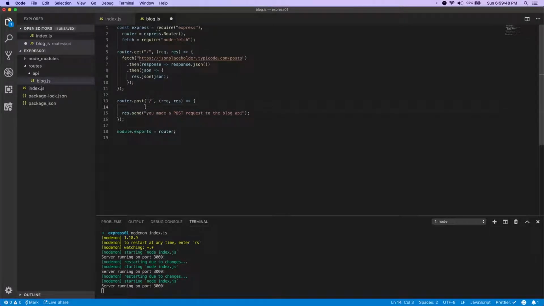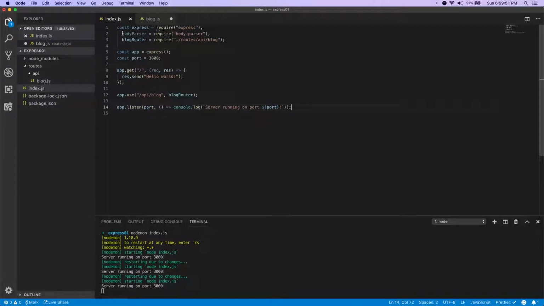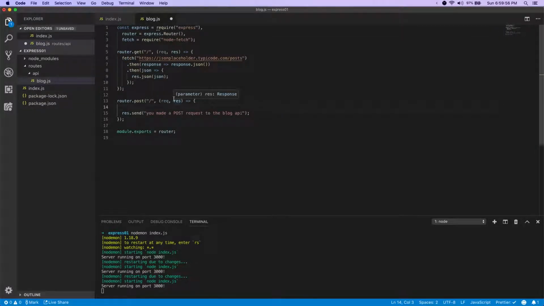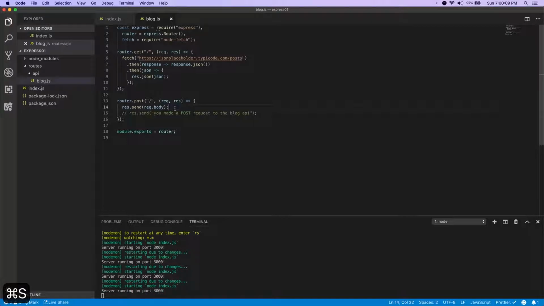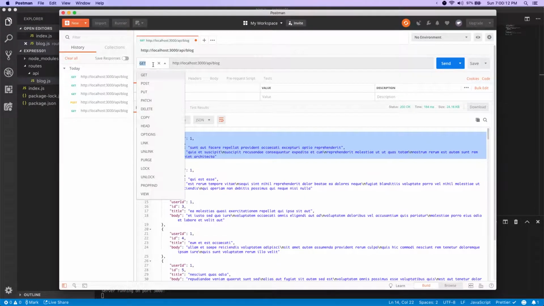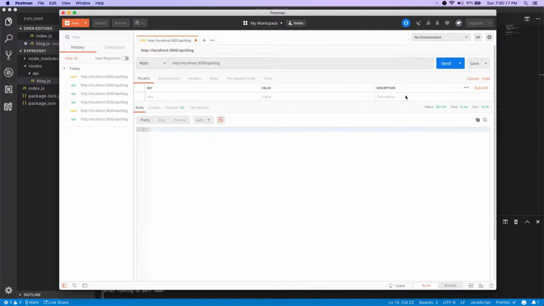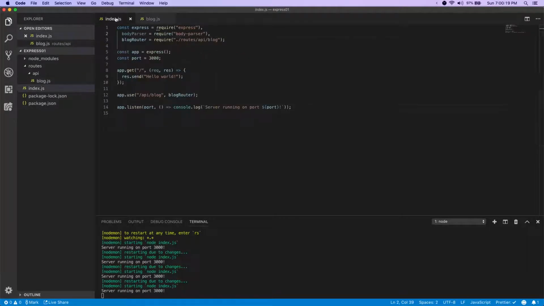So since we went ahead and required body parser, in our request here for the post, we can do request.body, and for now we'll just comment that out and send this back just so we can see what's in here. By default, the way that we're doing this post request right now, we're not sending any form data, so it's just going to be blank. And also, another thing I forgot, we need to include the middleware for this. So we want to do that before we